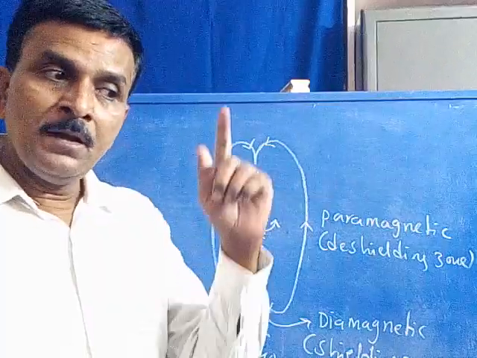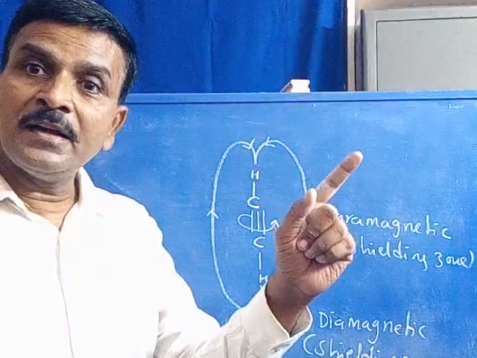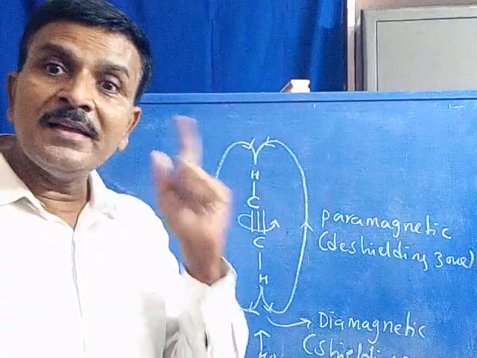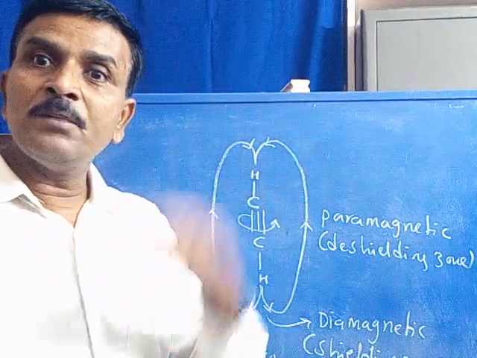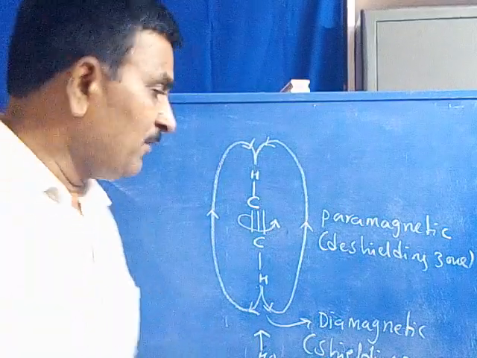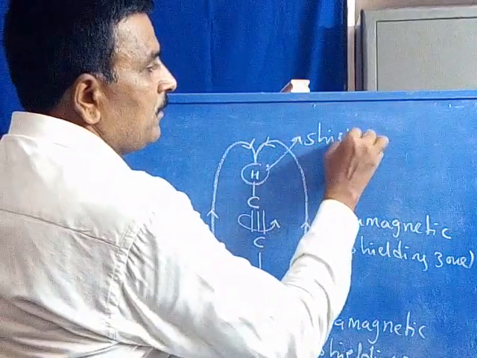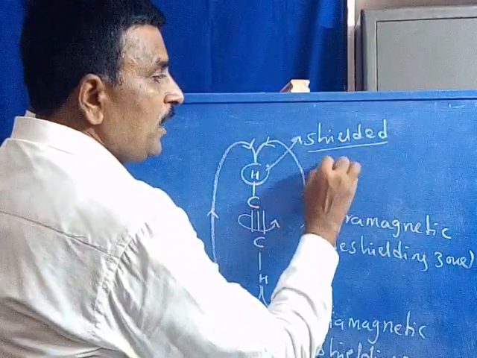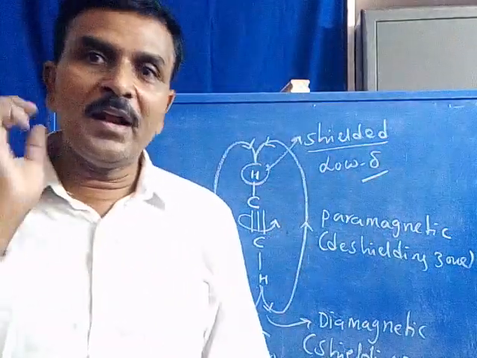Are you following? In case of alkene, the protons are lying under paramagnetism, therefore de-shielded. In case of alkyne, the protons are lying under diamagnetism, therefore shielded. Alkene protons appear at higher delta value, alkyne protons appear at lower delta value because of shielding. These protons are shielded and appear at lower delta value.